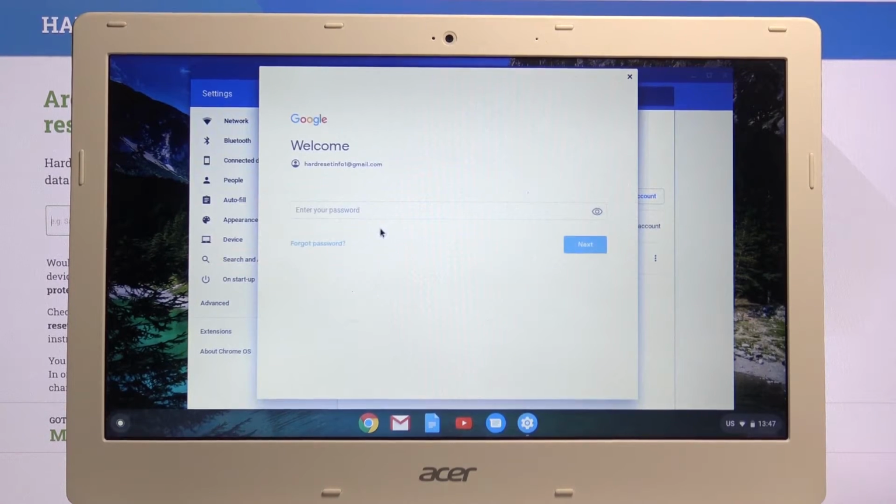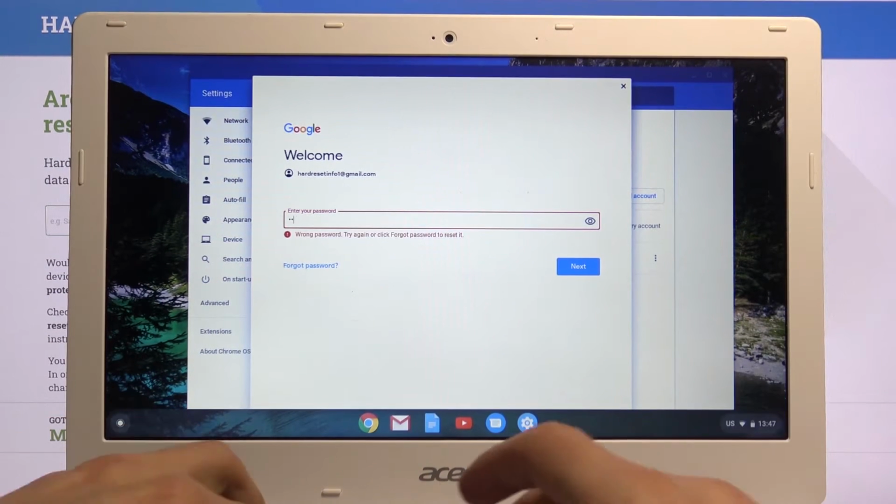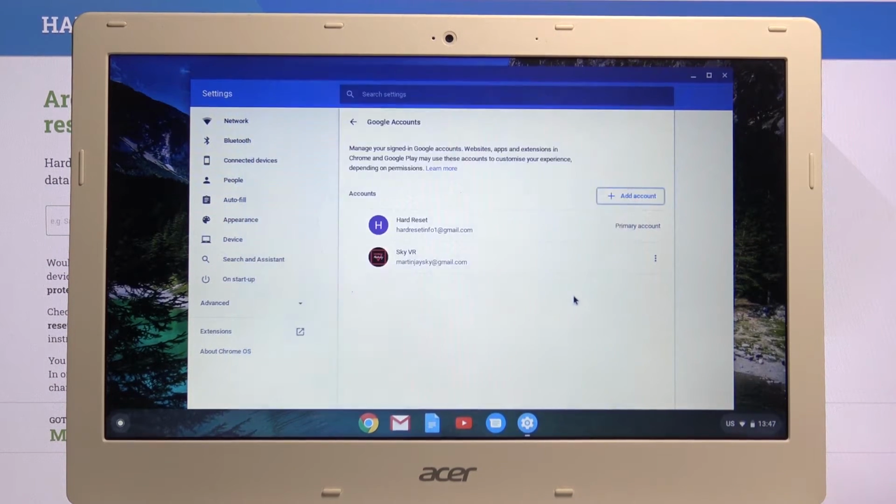Now this will probably not work because I'm using an account that is already added, as you can see, but let's try it anyway. So it still allowed me to add it, and as you can see, once you log in, it will give you the terms of service, so choose I agree, and there we go. Now it doesn't appear as there is another account because, well, it already exists,